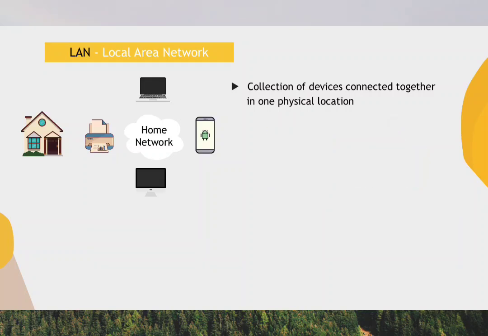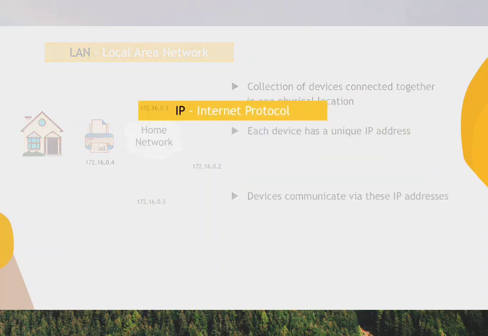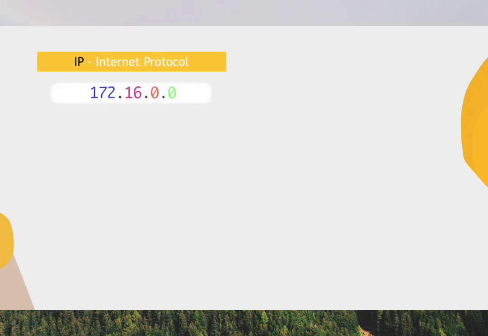And each device on this network is identified by a unique IP address, where IP stands for Internet Protocol. So devices can talk to each other on the network using this unique IP address. For example, if your computer wants to send a printer something to print, it must know the printer's IP address and send the information there. This is an example of an IP address,